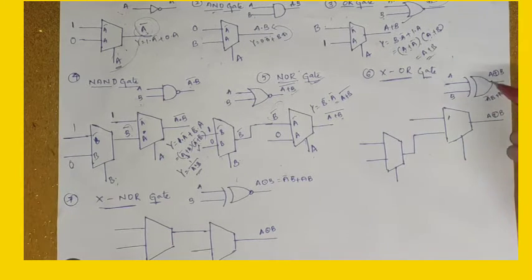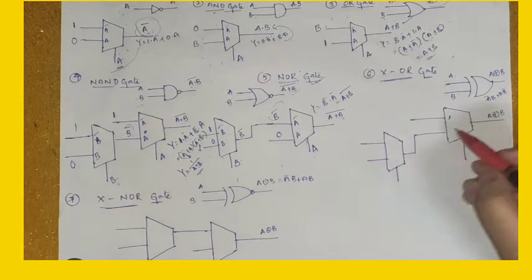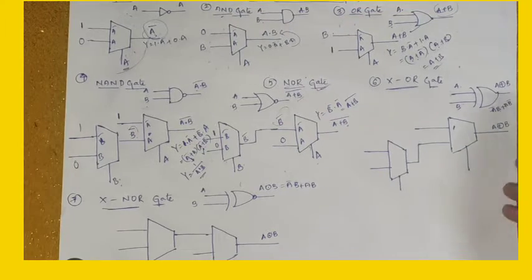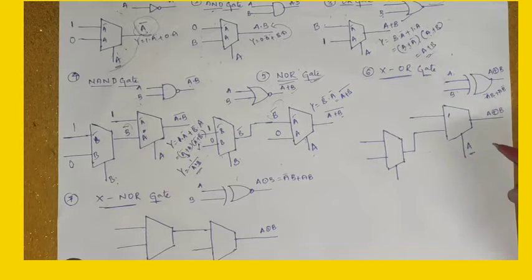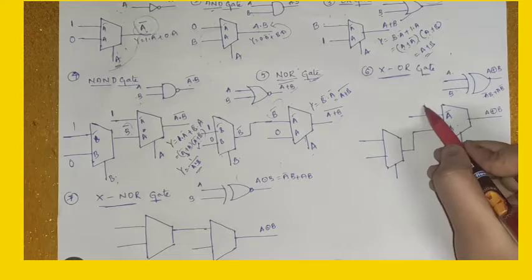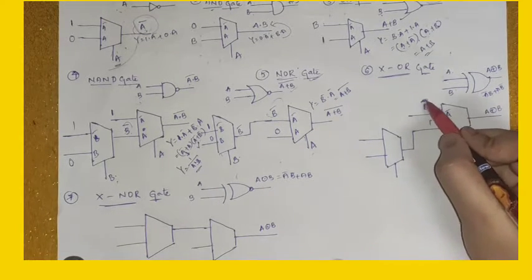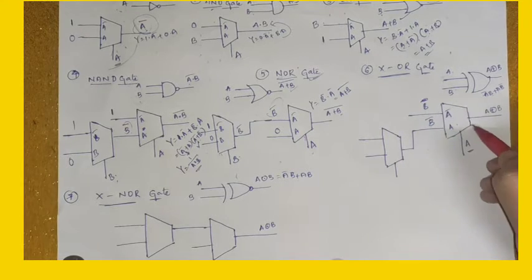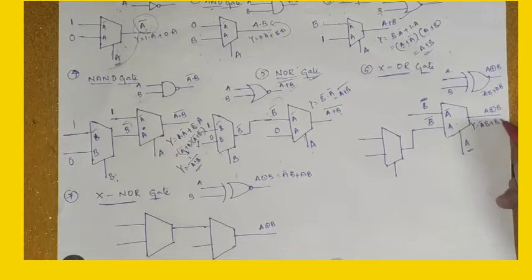and for getting the XOR gate by using the multiplexer, first the inputs are A and B and the output is A bar B plus A B bar, the XOR gate. So to get A bar B plus A B bar, first we select the selection line as A. Here this is A bar and this is A. Here if I write B here and B bar here, we will get Y as A bar B plus B bar A, right? This is the output of the XOR gate, right?